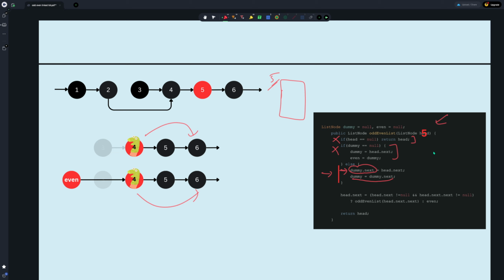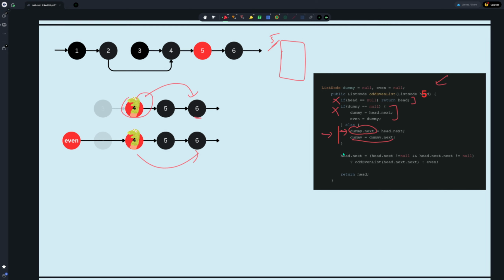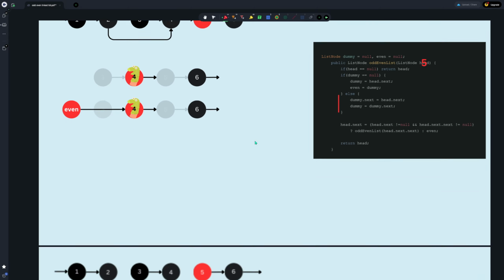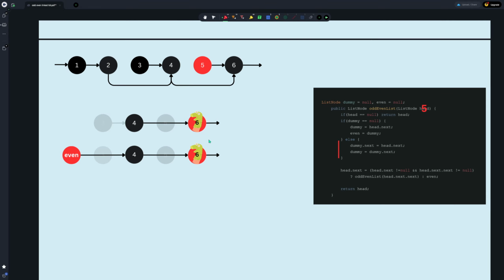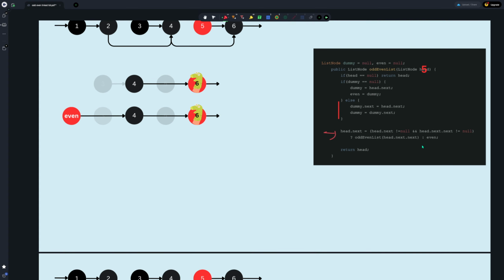After doing this assignment, what is dummy head.next? So 6. So we are gonna make the dummy node 6. All right, as we're gonna see in the next slide. So yeah, and then we're gonna run this, but since head.next is null, we are gonna assign head.next to the